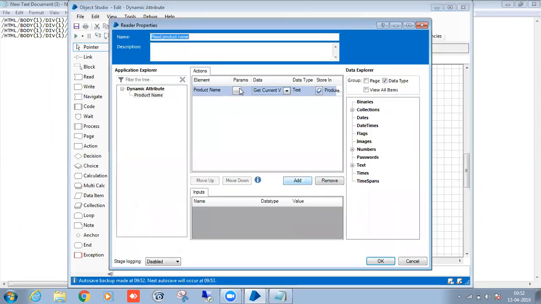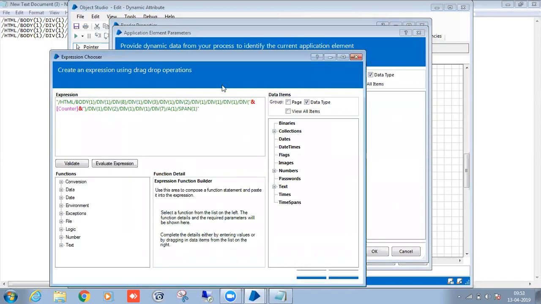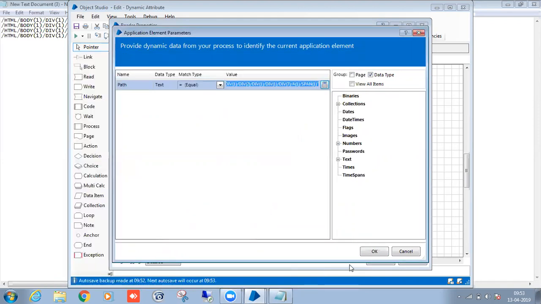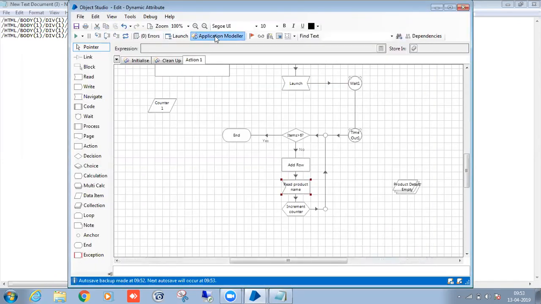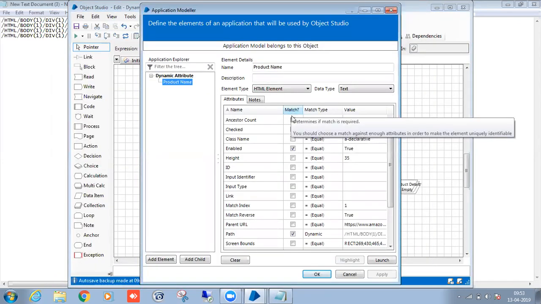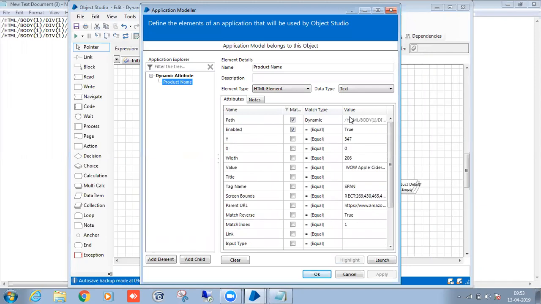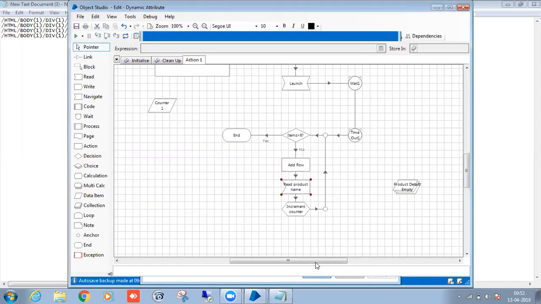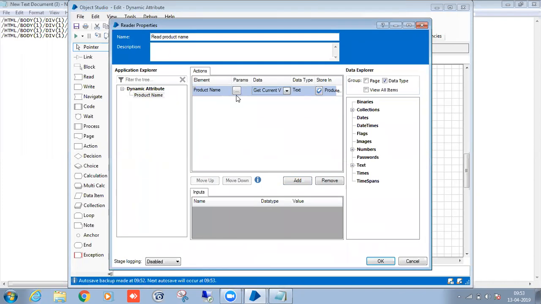So here, whenever you take that one, it has to ask us to give the path, right? It has to ask us to give the inputs. If you make a particular element dynamic in the application module, this path now is not valid. Whatever path we are passing, only that one it will take.